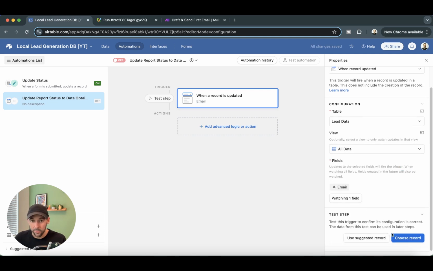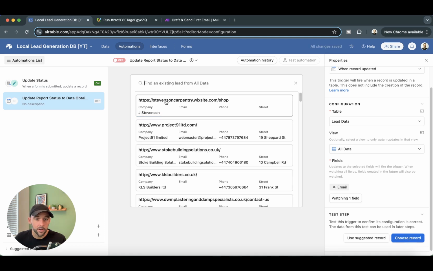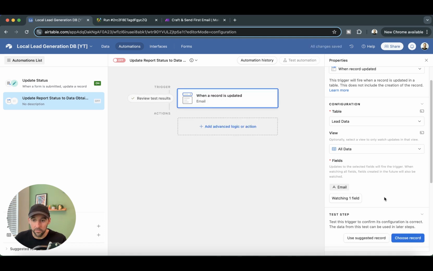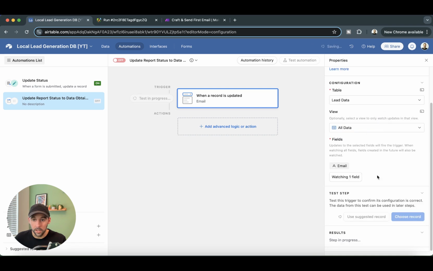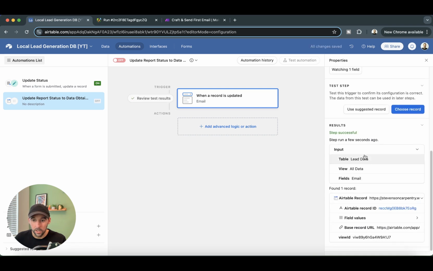So when email is updated, let's use any of these for a test. Actually, yeah, that's fine. So when the email field is updated